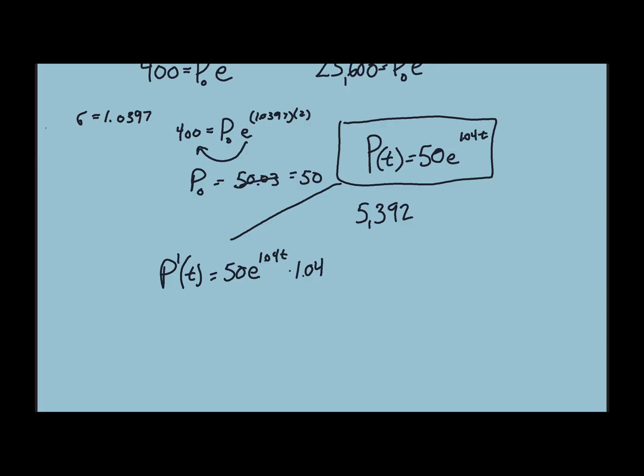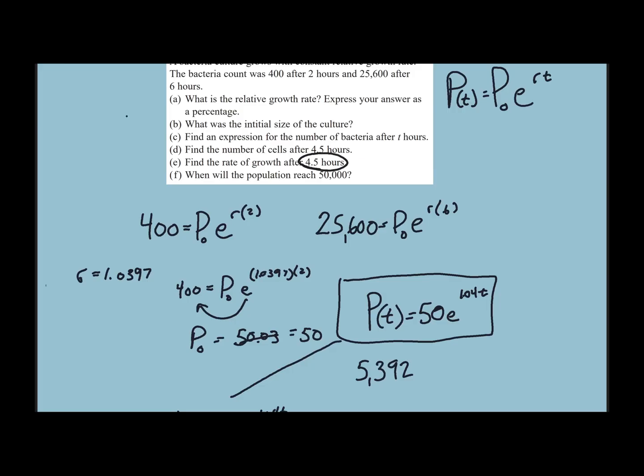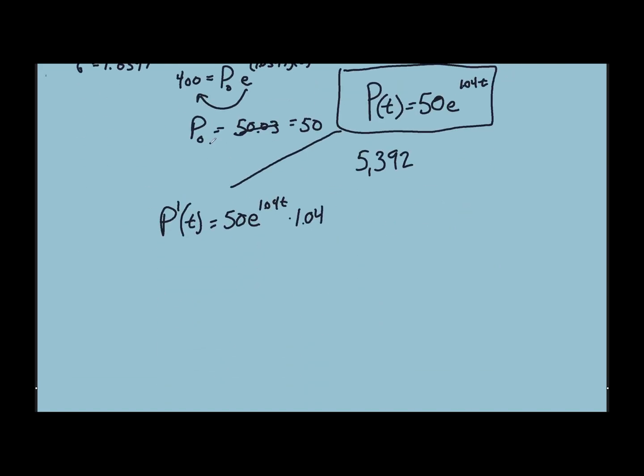So then we can put in t. I hope you're with me so far. And they want the rate of growth for that same time period, 4.5 hours. So put 4.5 in for t. And what do you get here? I got about 5,606 cells per hour. Which means if you're looking at the growth at that exact moment,